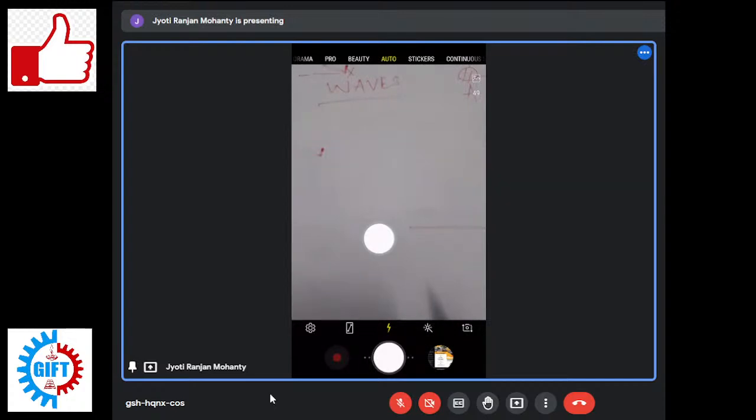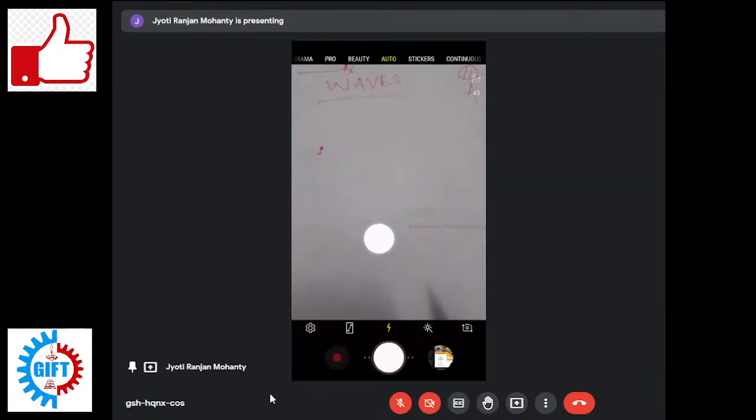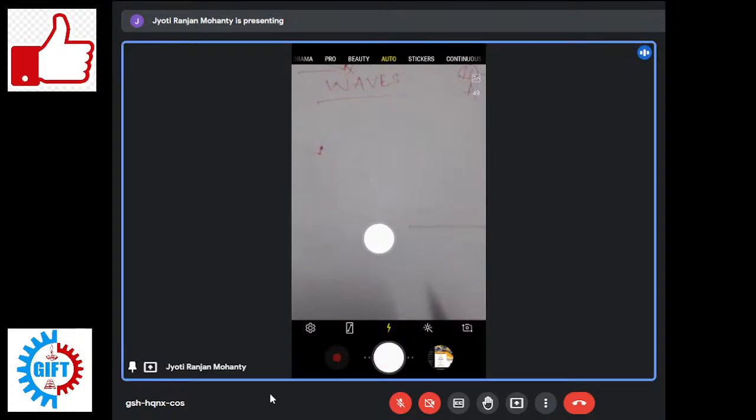Then Q1 is equal to 0. So the equation of motion for Q2 mode is